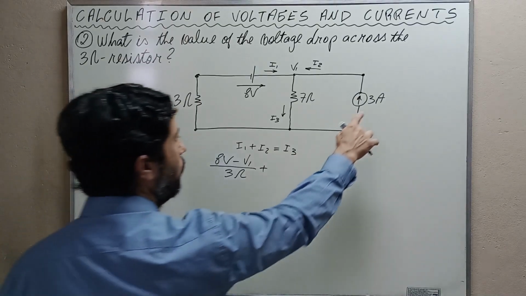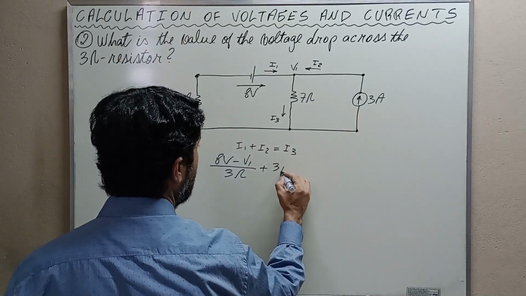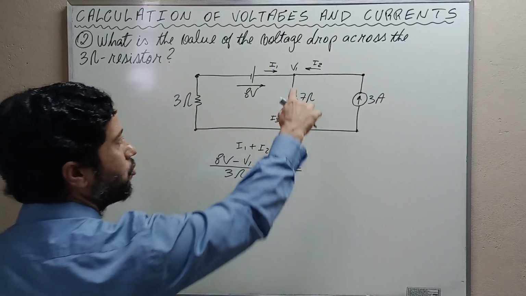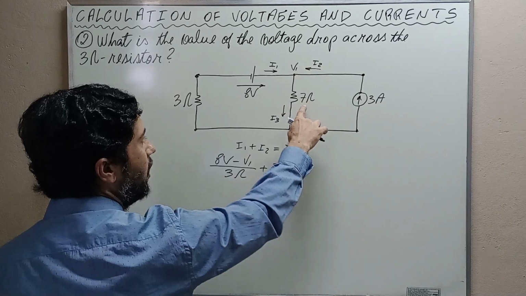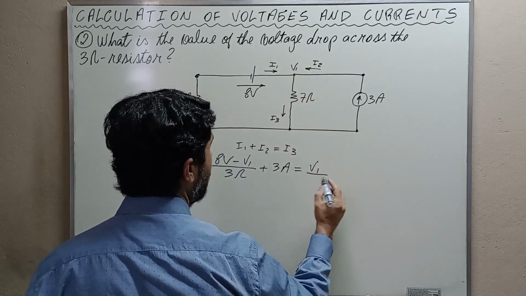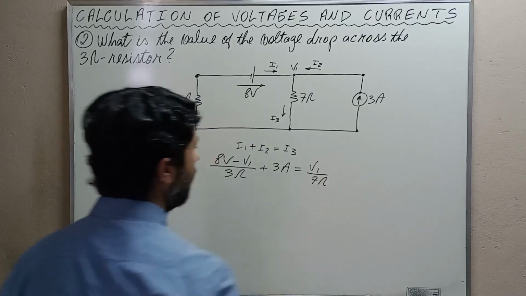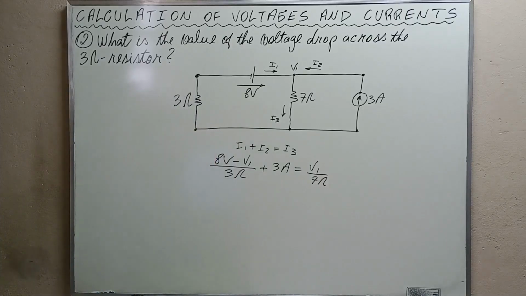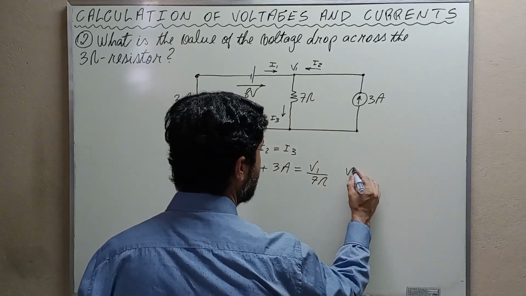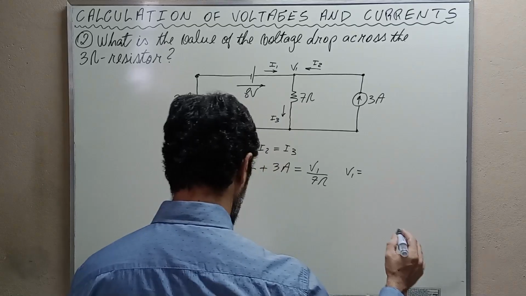I2 we already know, it is 3 amps, and I3 is the division between this voltage here and the resistance, V1 divided by 7 ohms, and this is the equation. It is simple. I am going to invite you to try to solve it in your house, and after solving you find that V1 is equal to